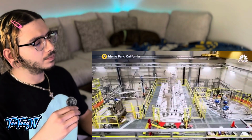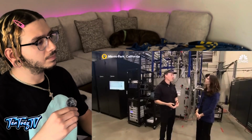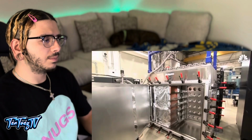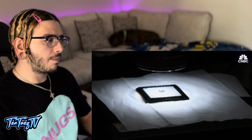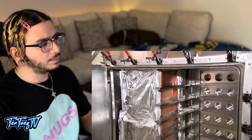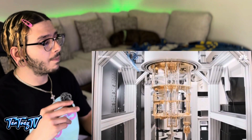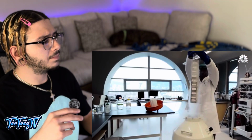We are inside the Stanford Linear Accelerator cryo plant that makes liquid helium, and PsiQuantum is using a little bit of that helium, and what we do is we load chips into this cabinet to cool those chips to very low temperature. So this is minus 270 degrees Celsius. It's about 2.3 Kelvin base temperature, which is the same temperature as deep space. That's crazy. Quantum computers promise to solve problems that are impossible for traditional computers, with the potential to transform entire